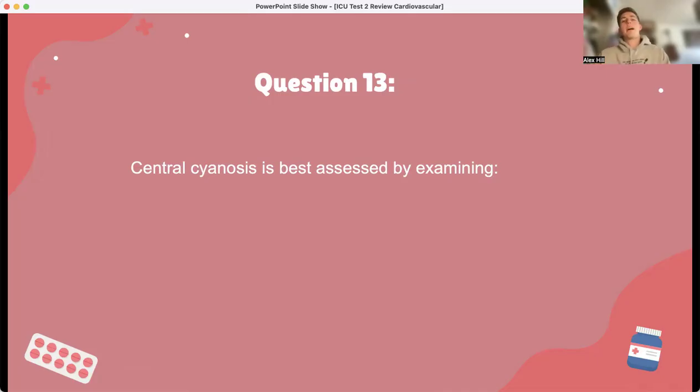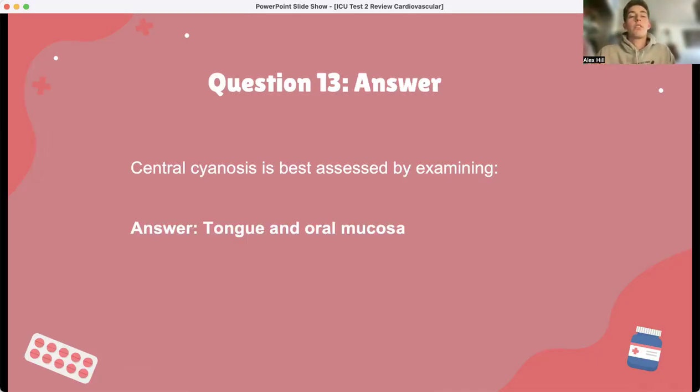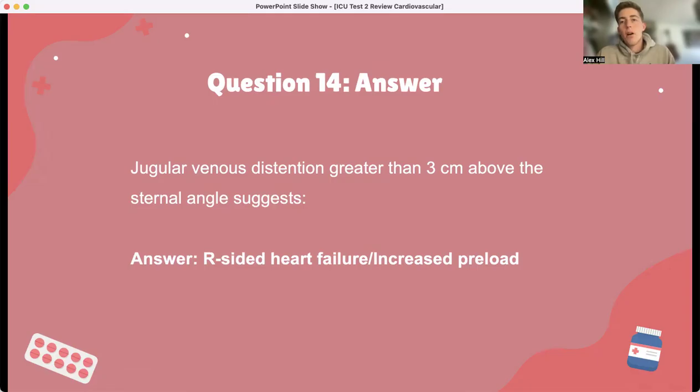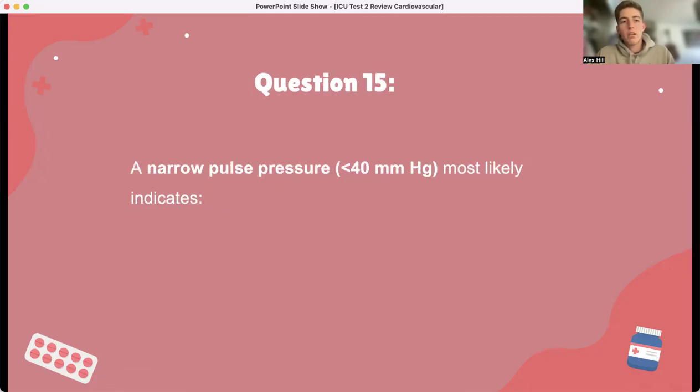Central cyanosis is best assessed by examining the mucous membranes. Jugular venous distension greater than 3 centimeters above the sternal angle suggests heart failure. A narrowed pulse pressure most likely indicates